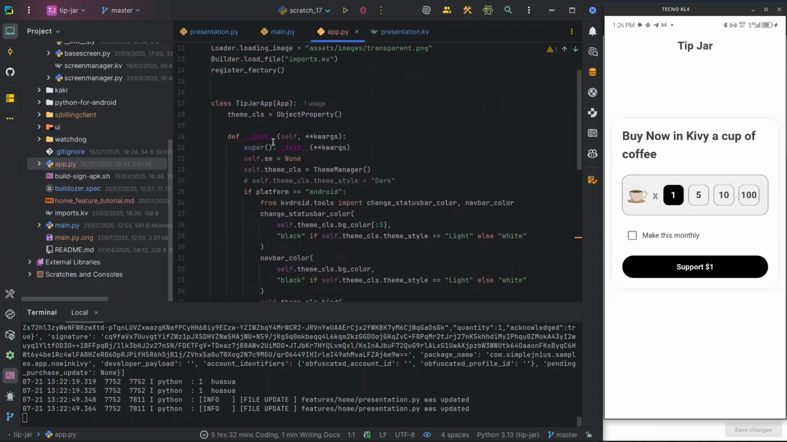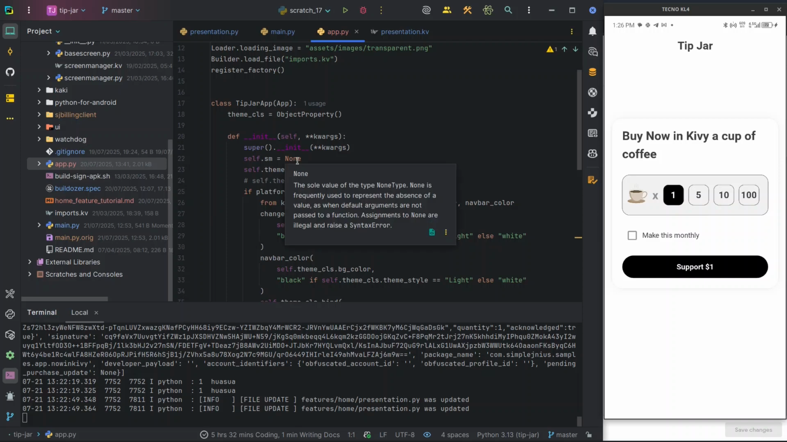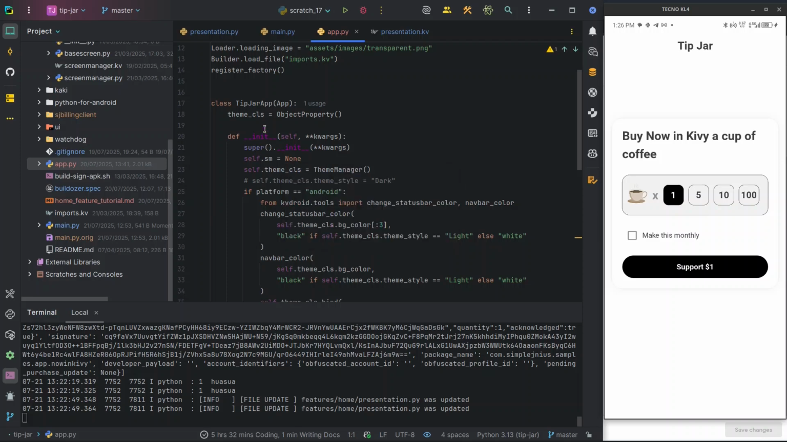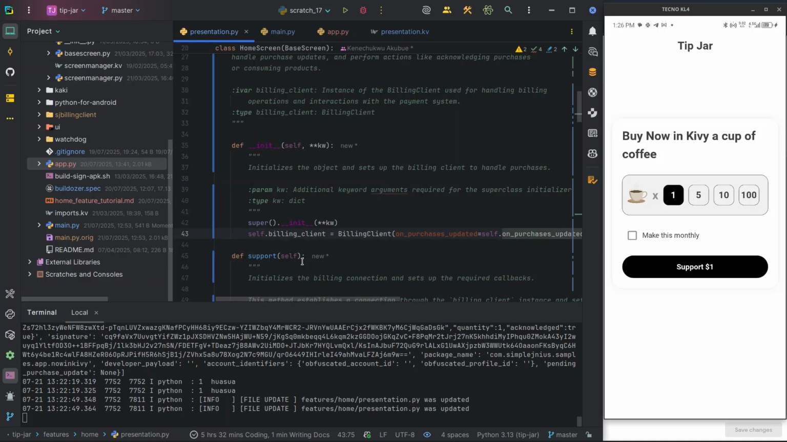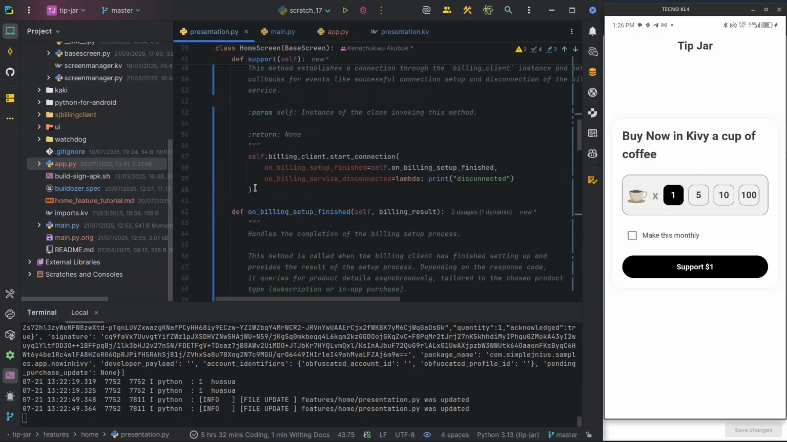I will suggest you create it in your init method. Let it be the first thing you do, or you even create it somewhere here, or you should add it to your init method, right? If you add it here, you establish your connection. This start connection, you establish immediately,